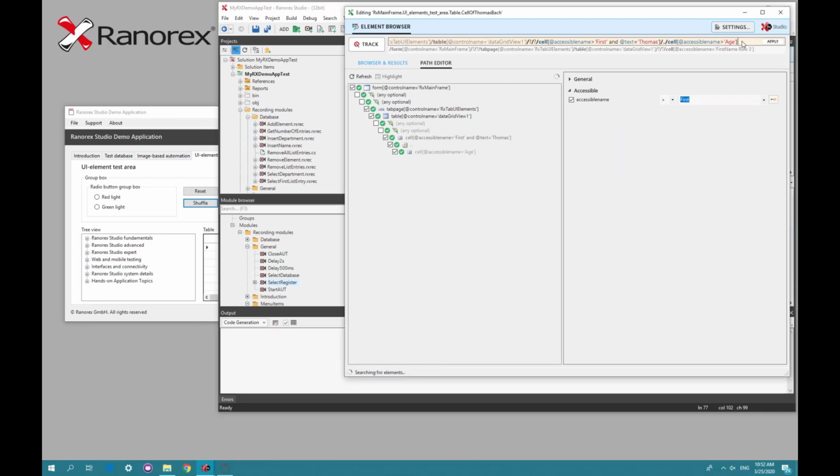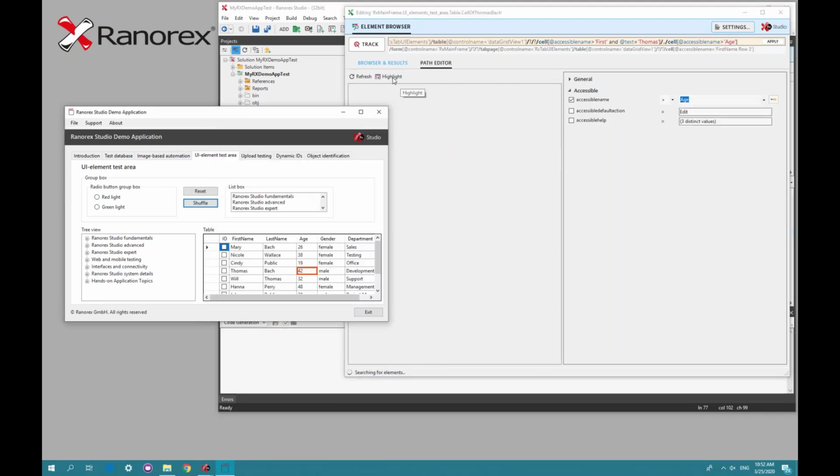So here we go. You could see that we are now hitting the age of Thomas Bach. So retrieving the value 42. So this is what we did so far. And yes, I would like to